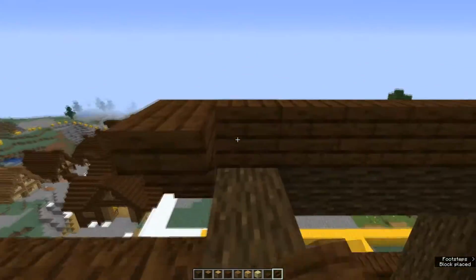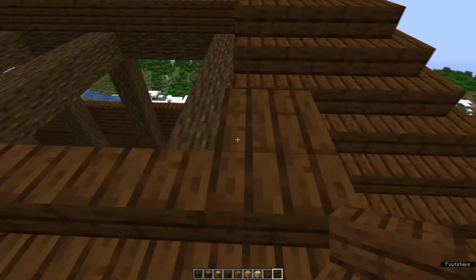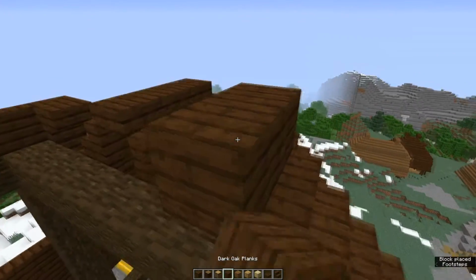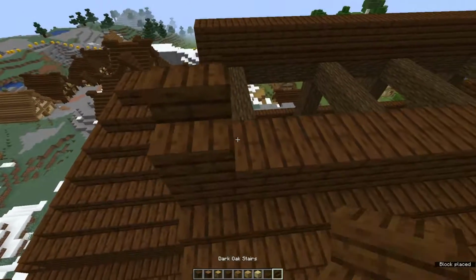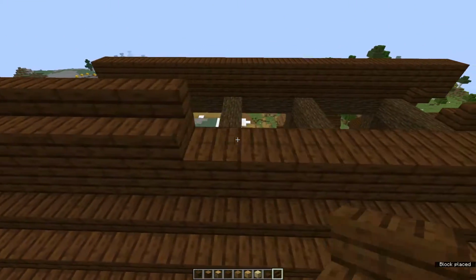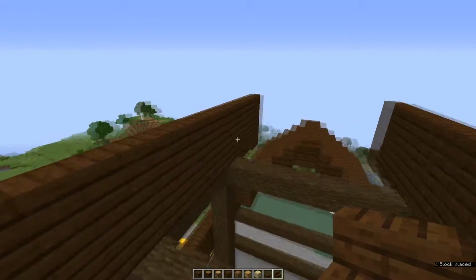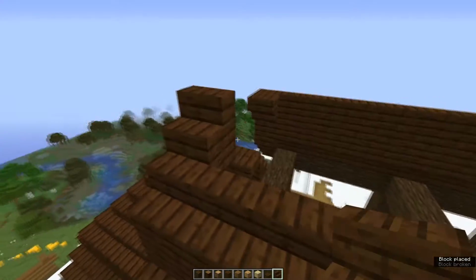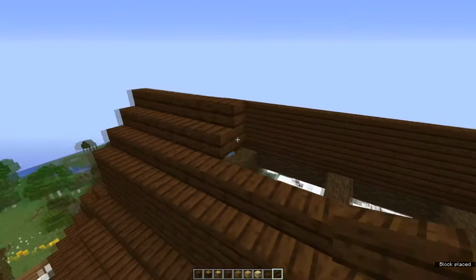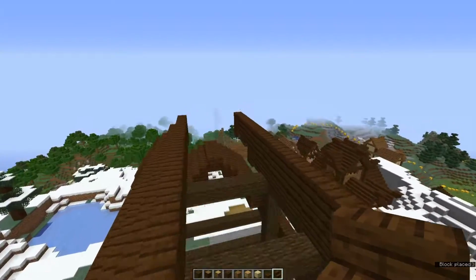Upside down stairs on the inside, and a row of planks. On top of the planks, a row of stairs, and upside down stairs on the insides of those rows. Another row of stairs, upside down stairs on the inside of those rows,